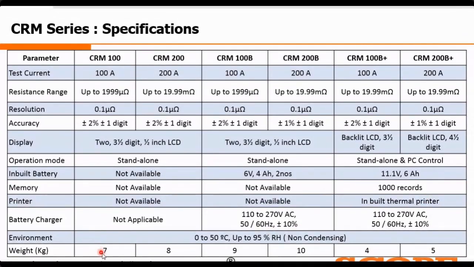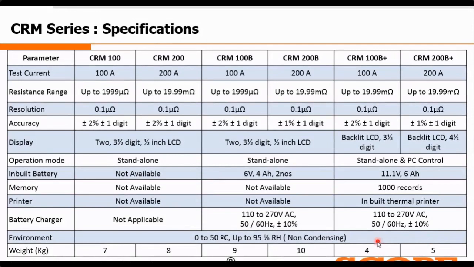Now the main difference you can see in the specification is that previously the weight was almost 7-8 kg. Then after including the battery, the weight is 9 kg here. And for the 200B model, the 200 ampere current injection model, we have up to 10 kg. But the Plus series is a very compact model, and just see the weight.